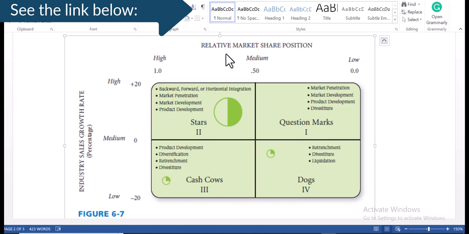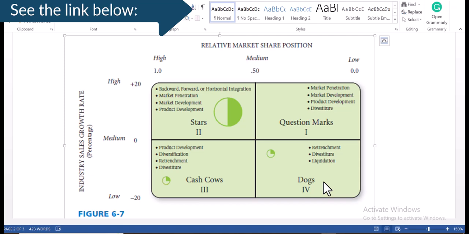So in case a product or service falls under the low side of this matrix, it falls in this quadrant, which is the dog. Here you have to make certain strategic decisions, including divestiture, liquidation, or retrenchment. The model suggests these products are called dogs, which means that these products are not giving us more revenue. So we can actually liquidate these businesses and save our cash and invest those resources towards those products and services